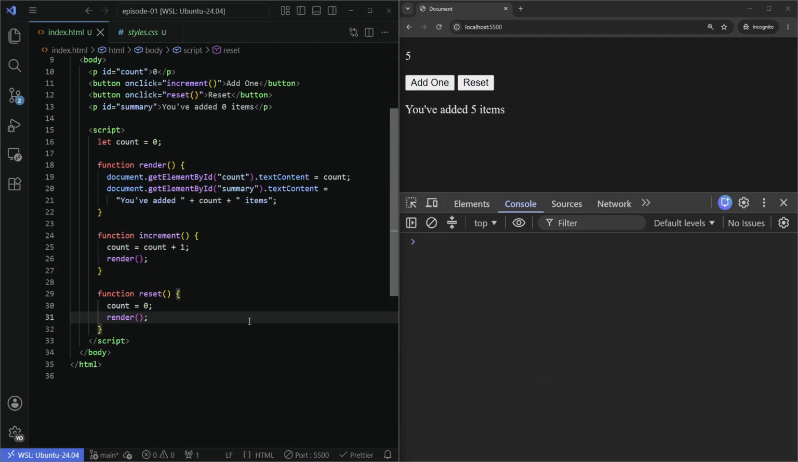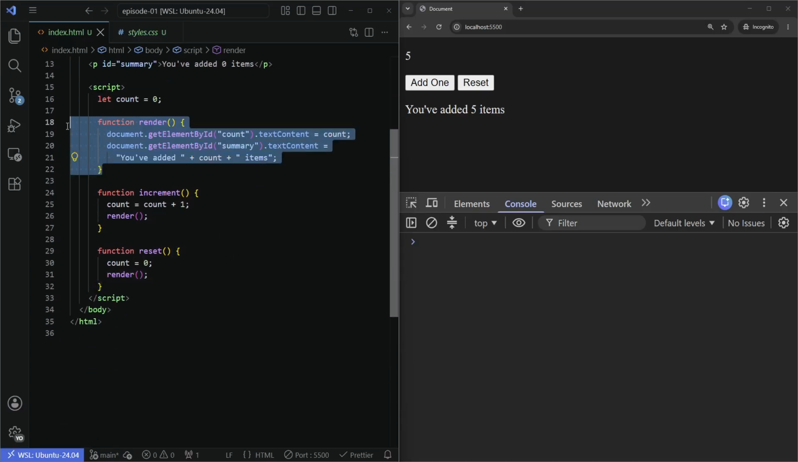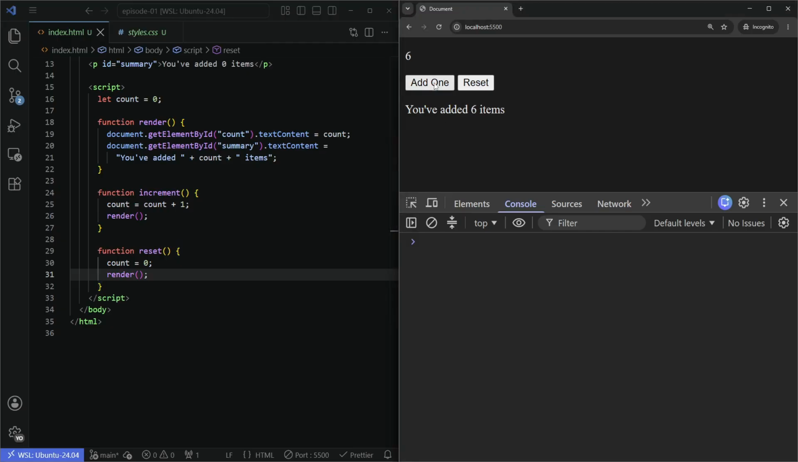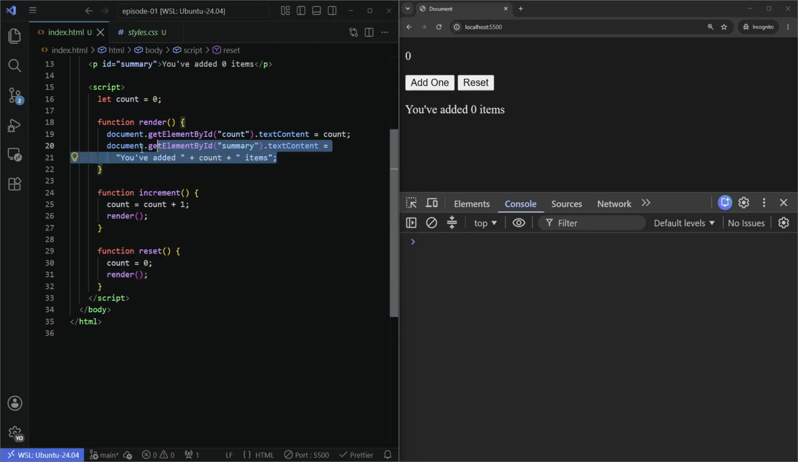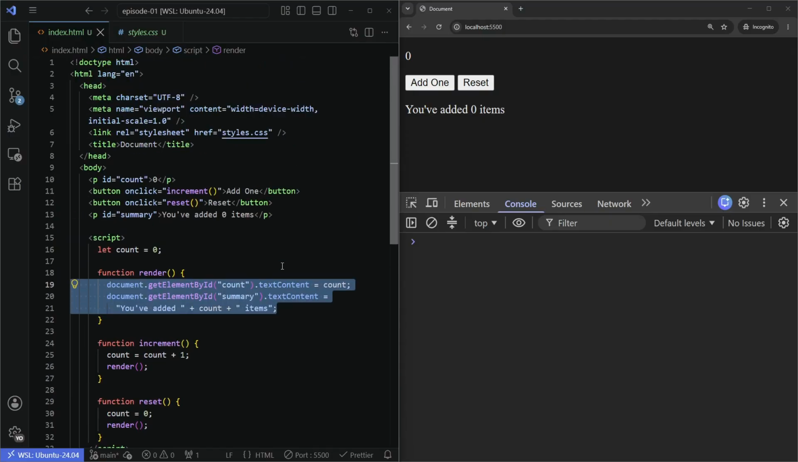Okay, now this fixed it. Now render can't be forgotten someplace. It's only in one place, right? So if we render here or render here, we do what we already did in the render. But now let's imagine now